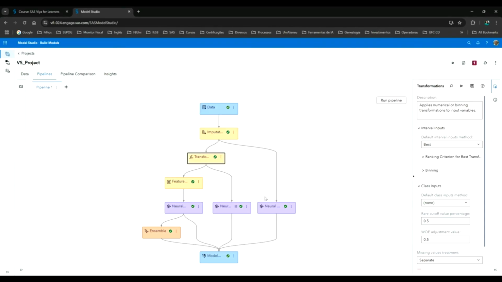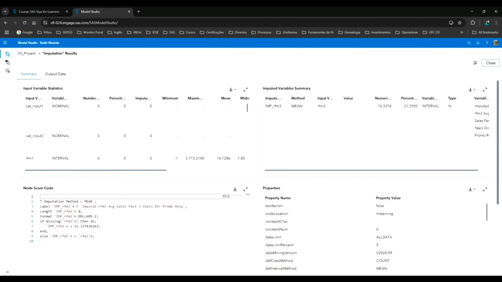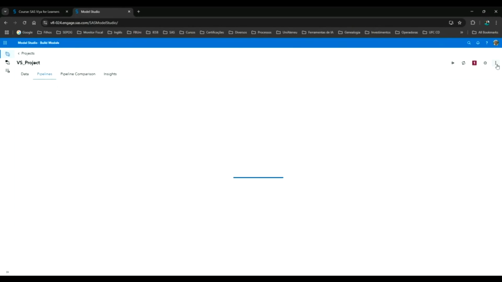Well, if you see the result of this node, you can see that just one variable was imputed. Okay, and its name is changed. Now I have this prefix EIMP from imputation. But I know that this variable comes from RFM3.